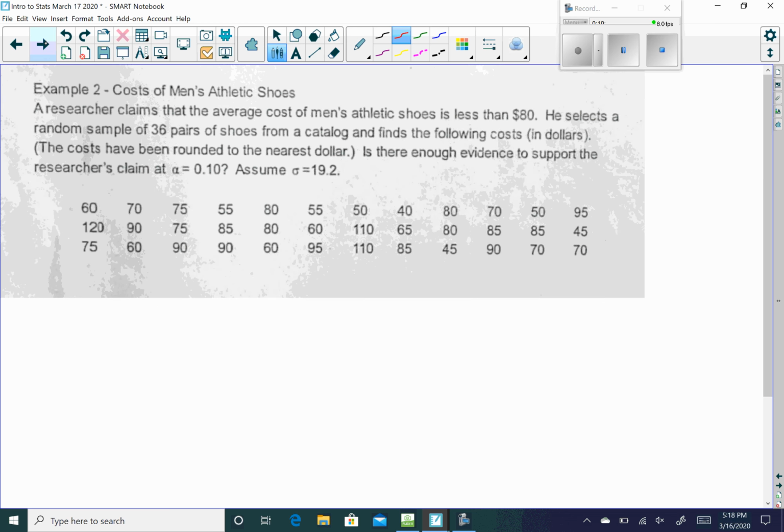All right, our second example. If you wish to pause the video, you want to type all this in. I know it's a lot of numbers, but type it into a list and spreadsheet on your calculator. When I give you the raw data like this, we're after X bar, so you want to do the stat calculations. If you don't have your calculator, just go to a Google Sheet, and you could type in all these